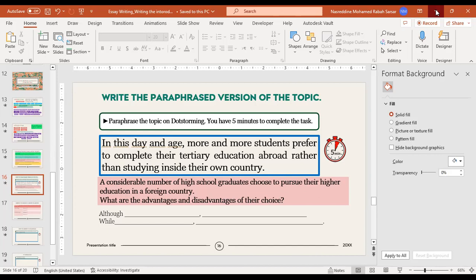By mistake, Mr. Nasser. By mistake? Yes, I posted by mistake. But is this your topic? Yes, I chose this topic to write about. Yeah, very good. Okay, so what am I going to do? You leave it there, don't delete it,